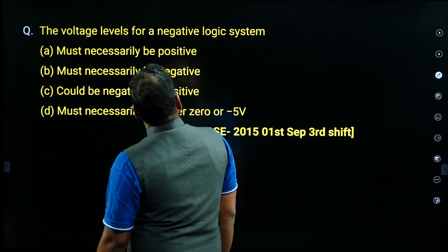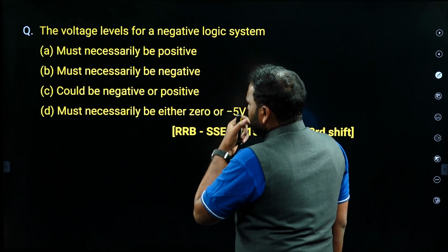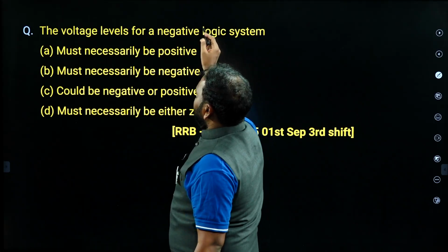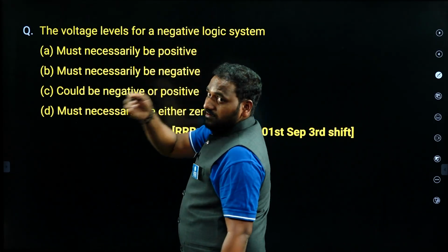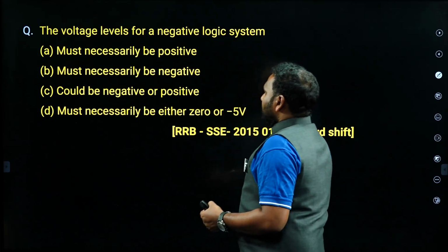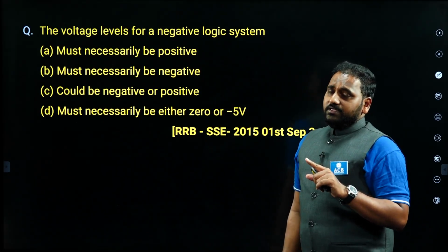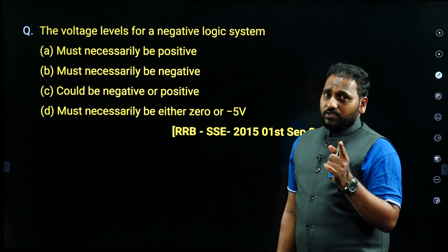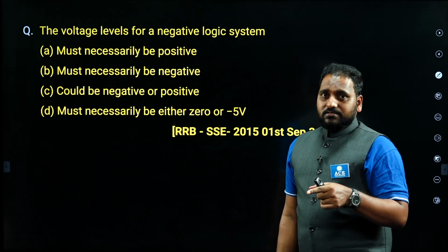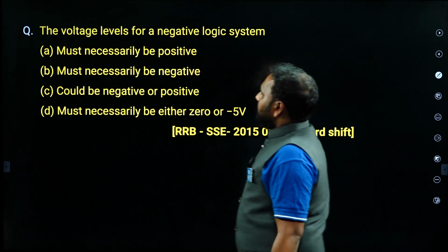The voltage levels for negative feedback, negative logic system. Negative logic system belongs to DLD, digital logic gates, digital electronics. In negative logic, our assignment of binary vector is different. High voltage is assigned to logic 1 in positive logic. High voltage indicates 0 for negative logic, but we don't have specific voltage levels, okay? Remember,